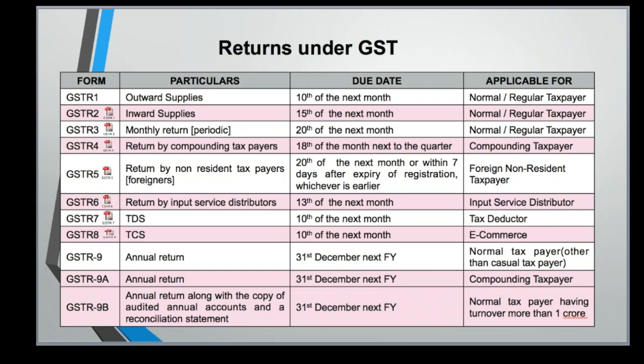Sir, under time of supply rules, if you see section 13 and section 12, it has been clearly mentioned under time of supply of goods and time of supply of services for reverse charge cases. The time of supply would be the earlier of making payment to the vendor, provided the payment is made within 60 days from the date of invoice. So if the payment is not made within 60 days of the date of invoice, then the 61st day becomes the time of supply. Otherwise, at the time of booking.